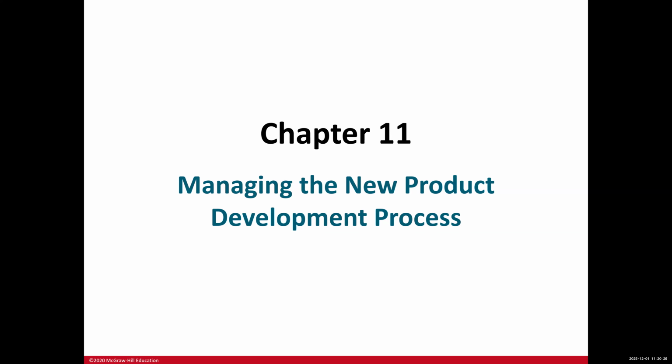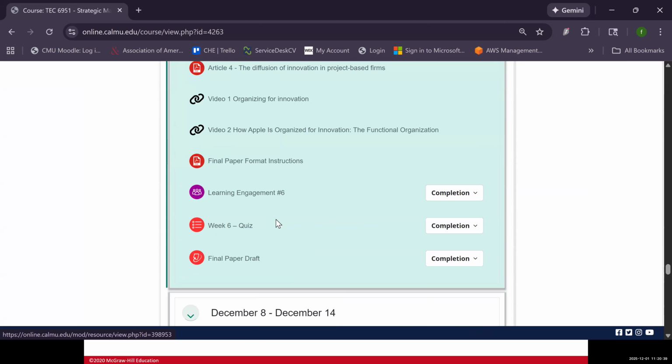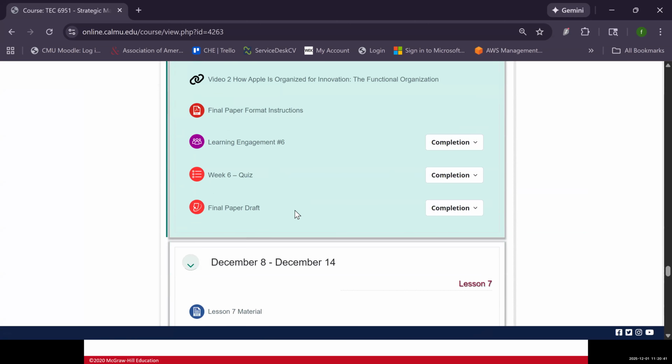As you know, for week 6, you have to submit your final paper draft, as you can see here. So for your final paper draft, make sure that you follow a very well-defined structure.